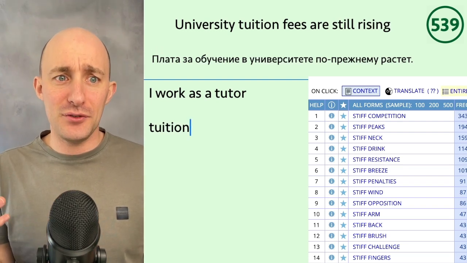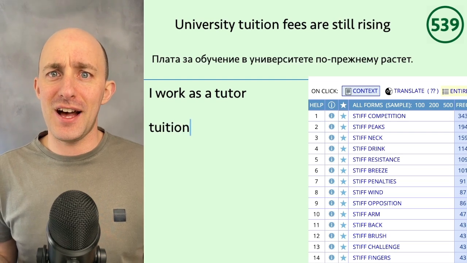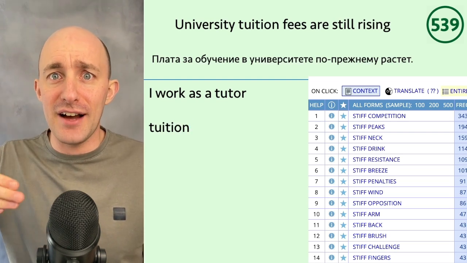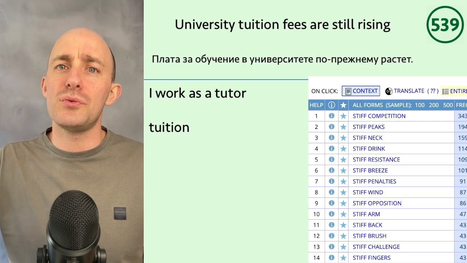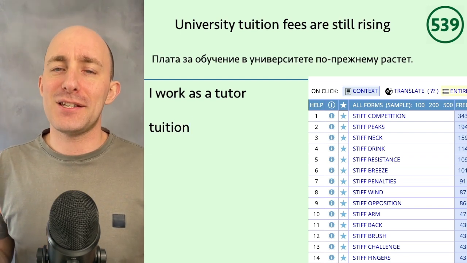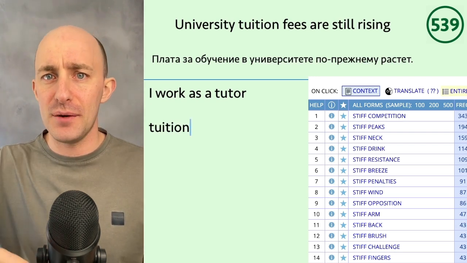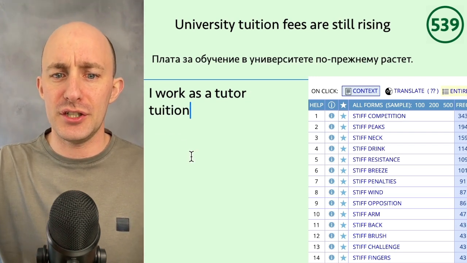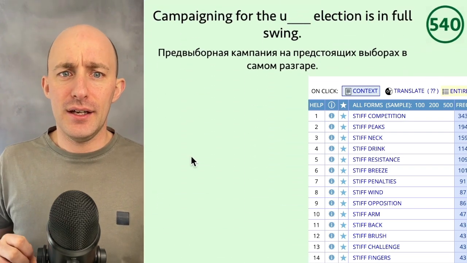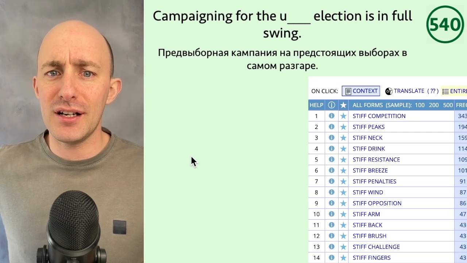In the past, in universities, most students were taught by tutors. Like at Oxford, at Cambridge, it's still like that. Students still have tutors who teach them one-to-one or one-to-two. I think it's a cool system. So that's where this word tuition fees comes from. Tuition. And the next one, which is the last one in this set of ten: